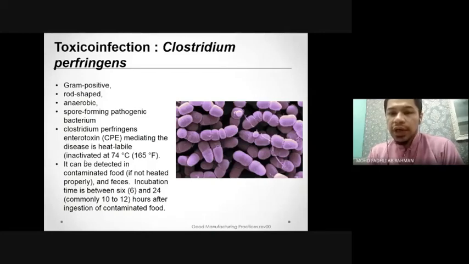The incubation time is between 6 and 24 hours after ingestion of contaminated food. So how do we know that there is Clostridium perfringens in our product? The symptoms can be seen, okay, after 6 hours or up to 24 hours after ingestion of contaminated